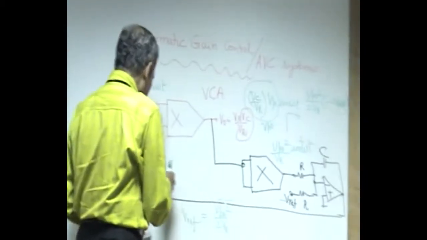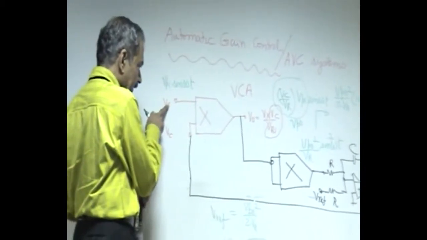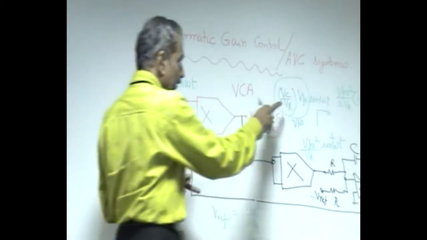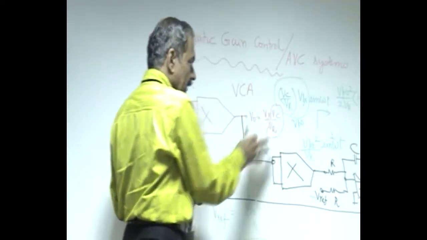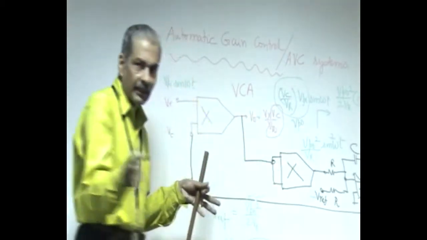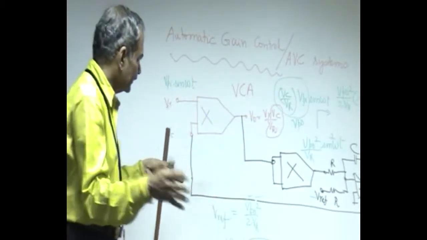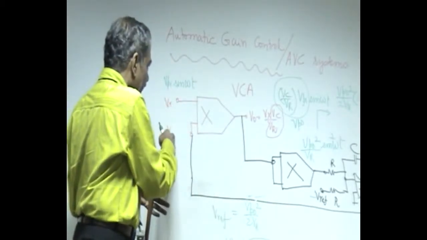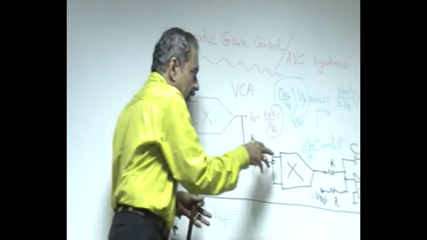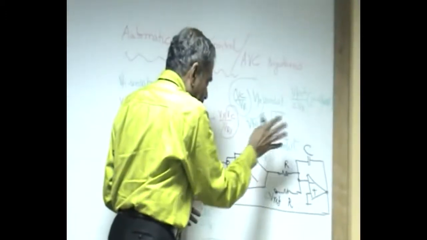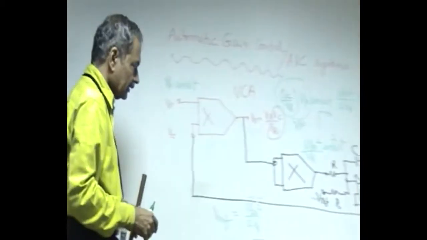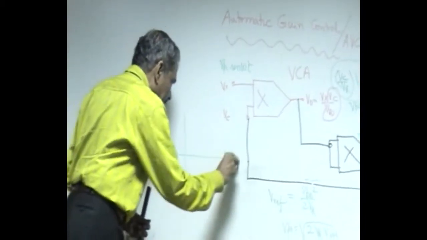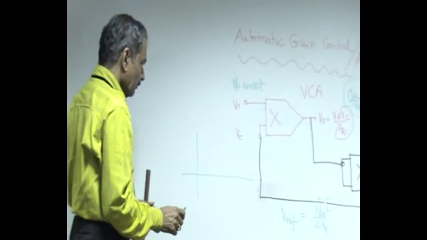and therefore whenever the input Vx is changing, correspondingly Vc will change. If Vx decreases, Vc should increase, so that Vx into Vc by Vr remains constant. That's all that this particular control loop is doing. The moment Vx is decreasing, Vc will increase proportionately such that the peak output amplitude remains constant. So this is what establishes this as an AGC or automatic volume control.